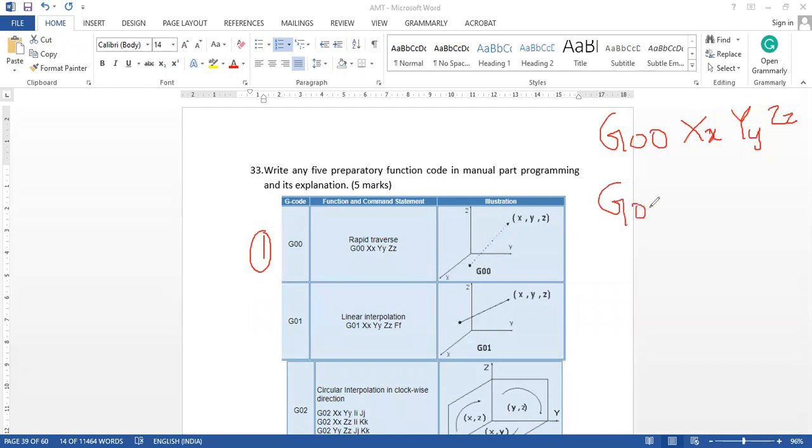For example, G00 X10, Y10, Z10 means the tool rapidly moves from its current position to X10, Y10, and Z10. That is G00.